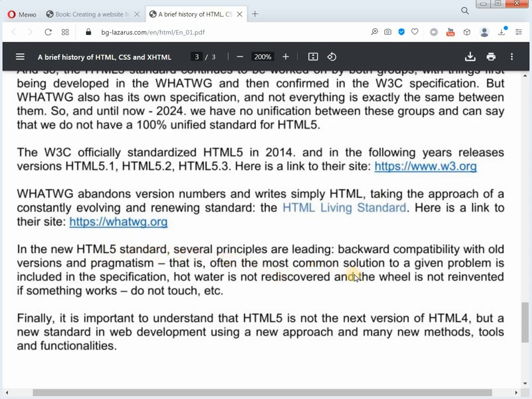HTML5 Living Standard. Here is a link to its site. In the new HTML5 Living Standard, several principles are leading. Backward compatibility with old versions. Pragmatism, that is, the most common solution to a problem is included in the specification, not found again. Don't reinvent the wheel. If something works, it is not touched, and so on. And finally, it is important to